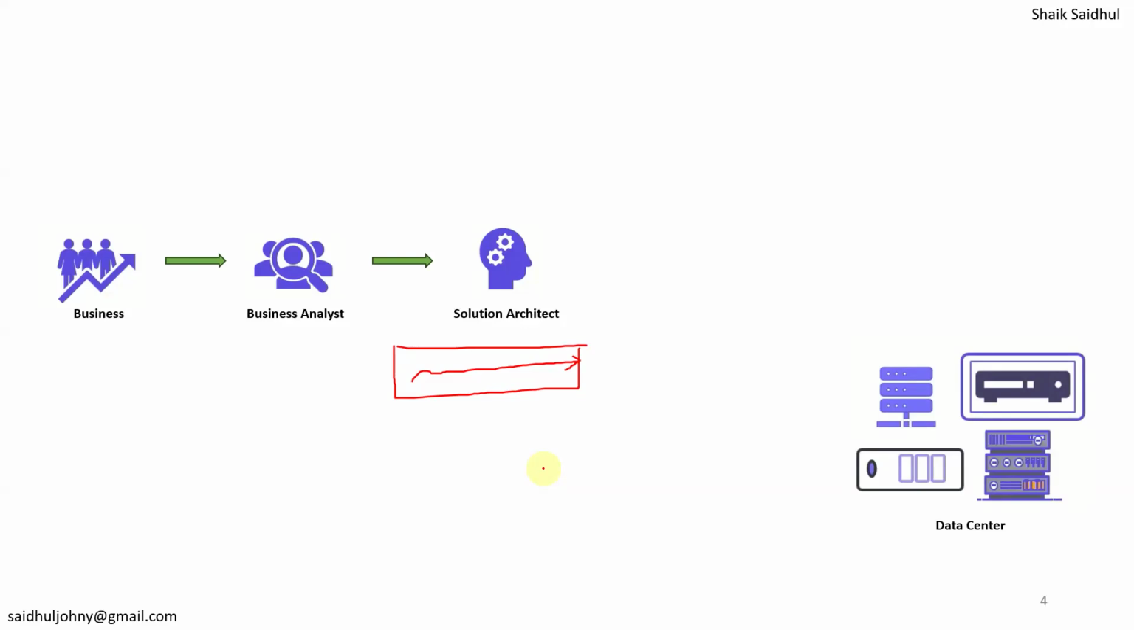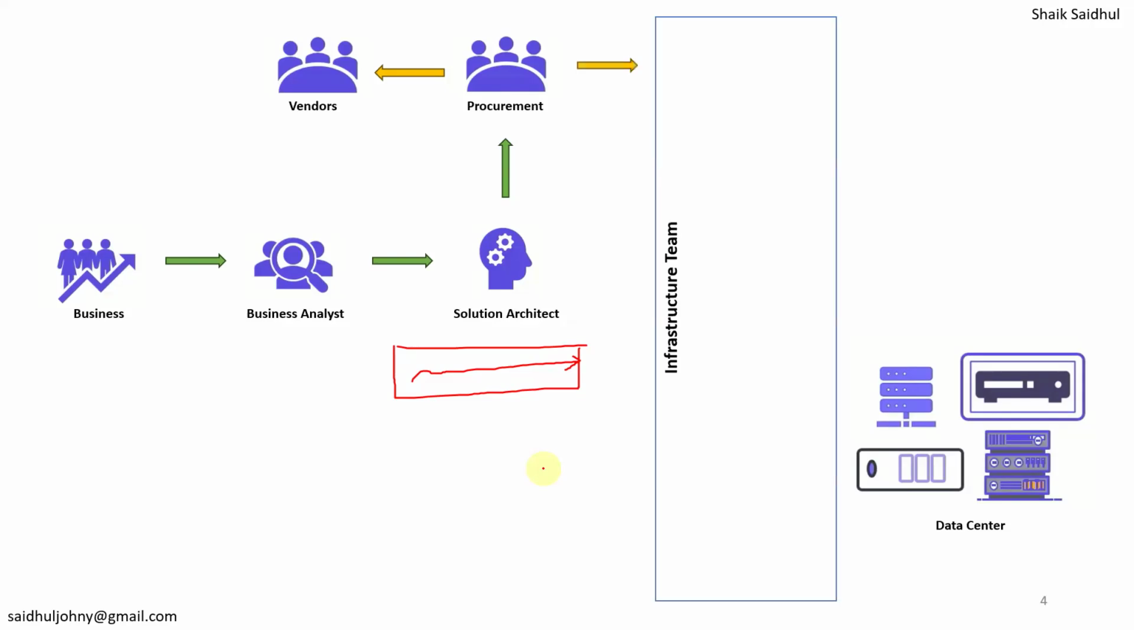Whenever additional infrastructure is required, they have to order it via the procurement team. Now the procurement team will place a request to the vendors team. The vendors team will purchase the machines or hardware and deliver it to the data center. Once it is delivered at the data center, field engineers will come into the picture,